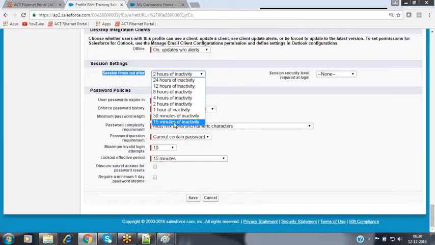Until that particular 15 minutes, it will wait, and within those 15 minutes, if you do not raise any request or perform any operation, then it automatically releases the memory and redirects you to the login screen of your Salesforce account again. So it provides these options to you. How long you want to maintain the session settings, we can configure over here.